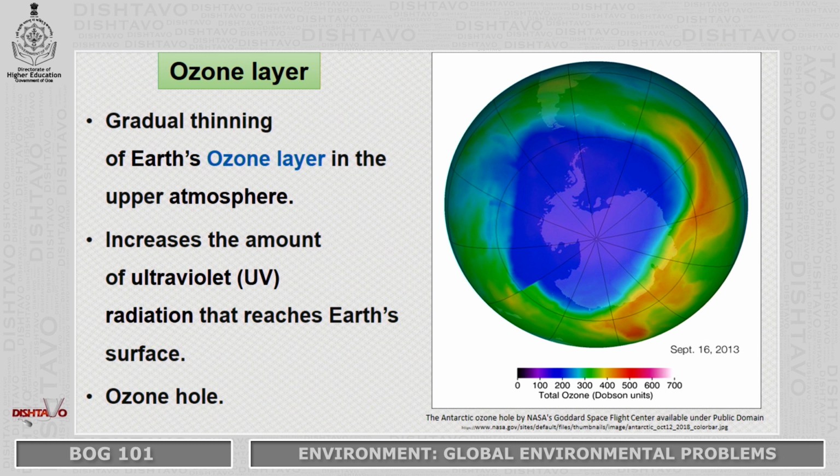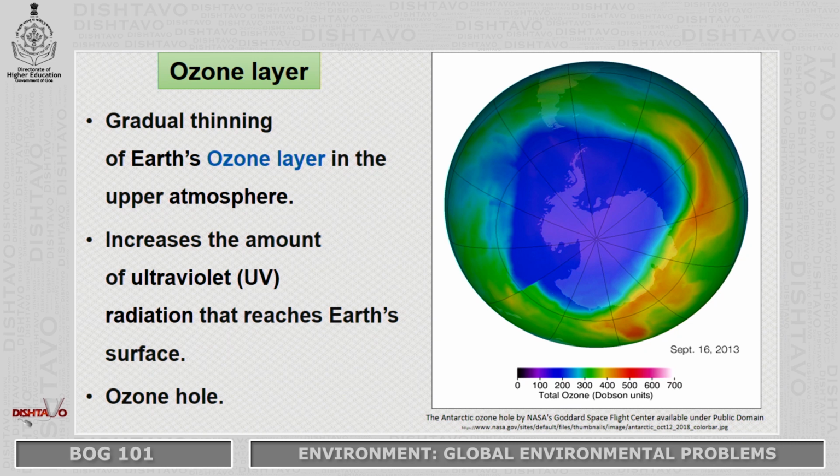Basically, it is placed in the stratosphere. We know the layers of the atmosphere. We have troposphere, stratosphere, mesosphere, ionosphere, and we have the outer space. So in this we have the ozone layer, the protective blanket right at the stratosphere, and that is a protective blanket for us.